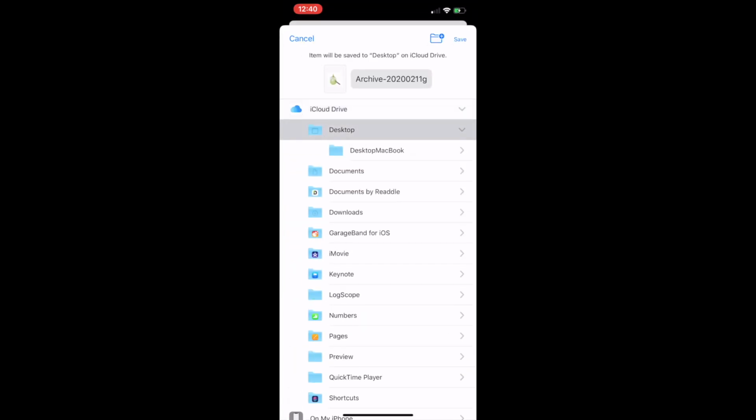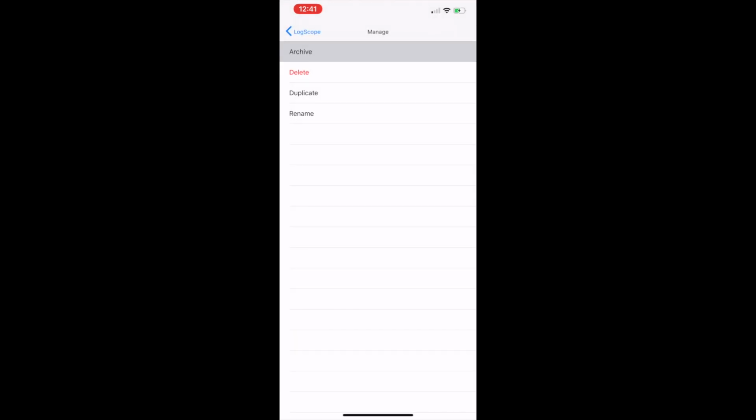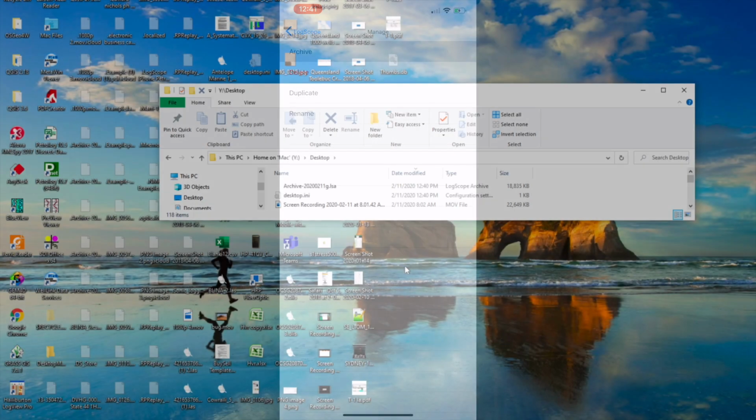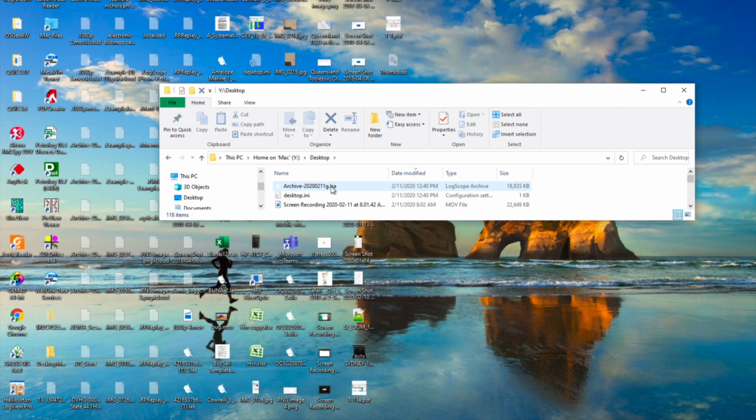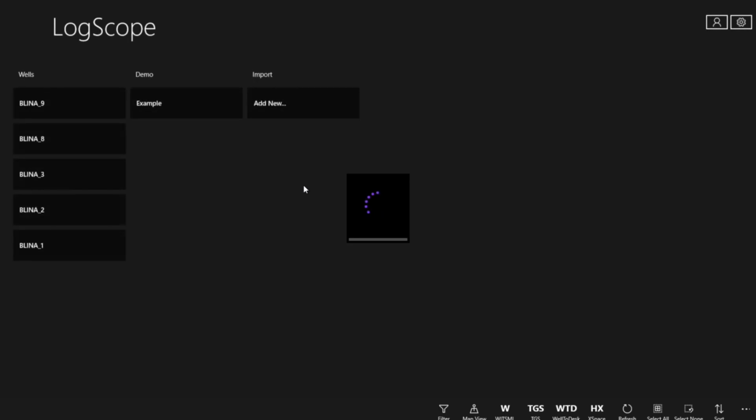Export it to an iCloud device is what we're going to do, and we do that here, and we export to the desktop. On your PC, when you can see the archive in the cloud, you just double click on it,